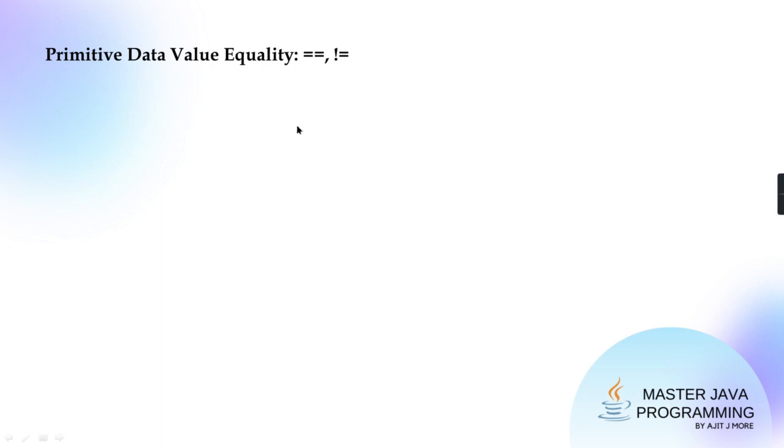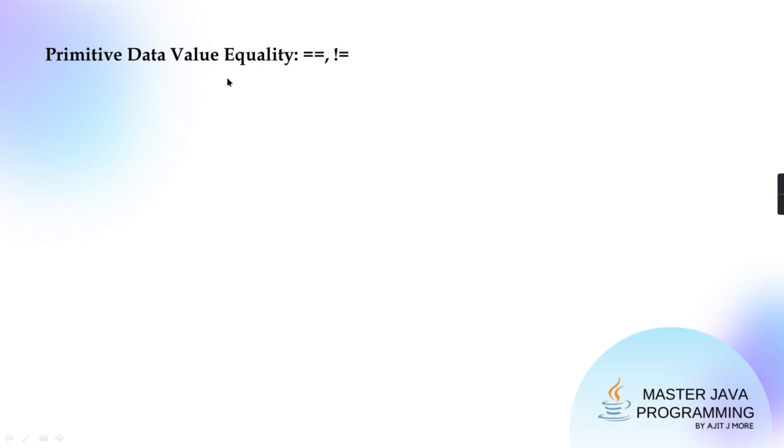Now guys, remember we are going to learn this equality inequality 2 times. This is to be discussed twice. Now we are discussing it for primitive data type. Later we'll be discussing it for reference data type also. That is the only speciality between these two, and that's the reason these two operators are not considered in the relational category.